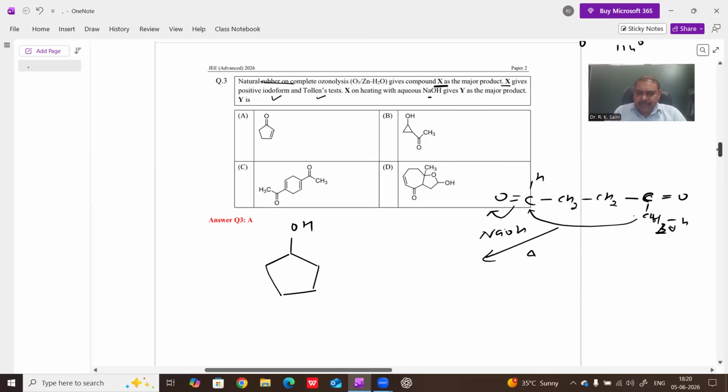alpha hydroxy compound. This is number 1, 2, 3 and 4. Number 4 carbon contains the ketonic group, and this is the CH2. This is the CH2 attached with CO. On heating, this eliminates a water molecule, and the final product is an alpha beta unsaturated carbonyl compound. Therefore, after removal of water, the final product is this. And hence answer first is correct.